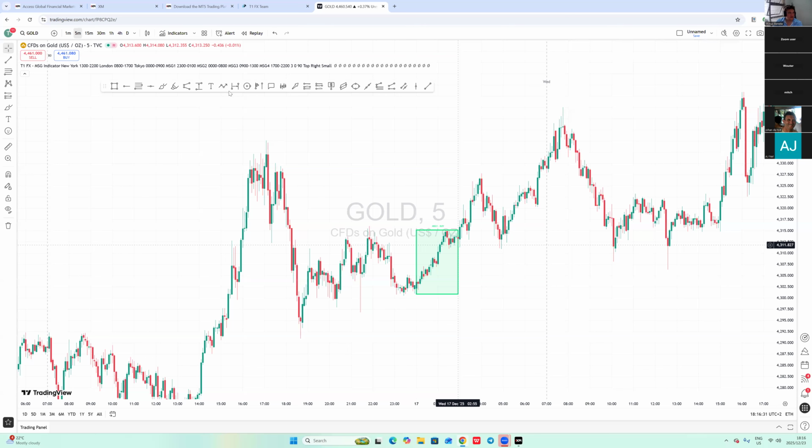Then after 3 o'clock, you wait for a break to the upside, and it needs to come back into the block. For me, for instance, sometimes I do not wait for it to come back into the block and then go up. When it turns green, I will take a buy because it's a buy. Either it goes up and comes back, or it goes up and I just close it and I'm done for the night and I go sleep. But the actual way to do this and how the MSG works is it breaks to the upside, it turns green, then you wait for the pullback. That's the actual way you do it.